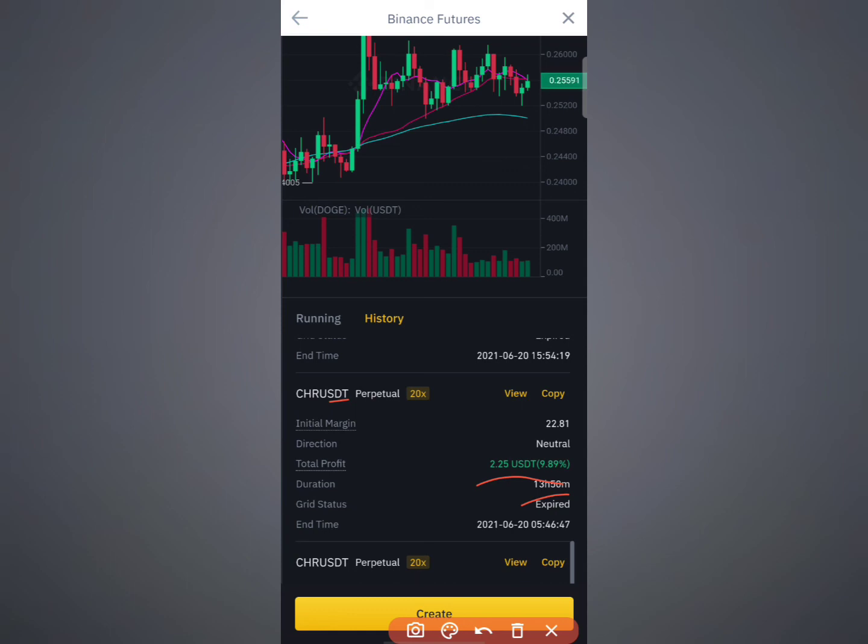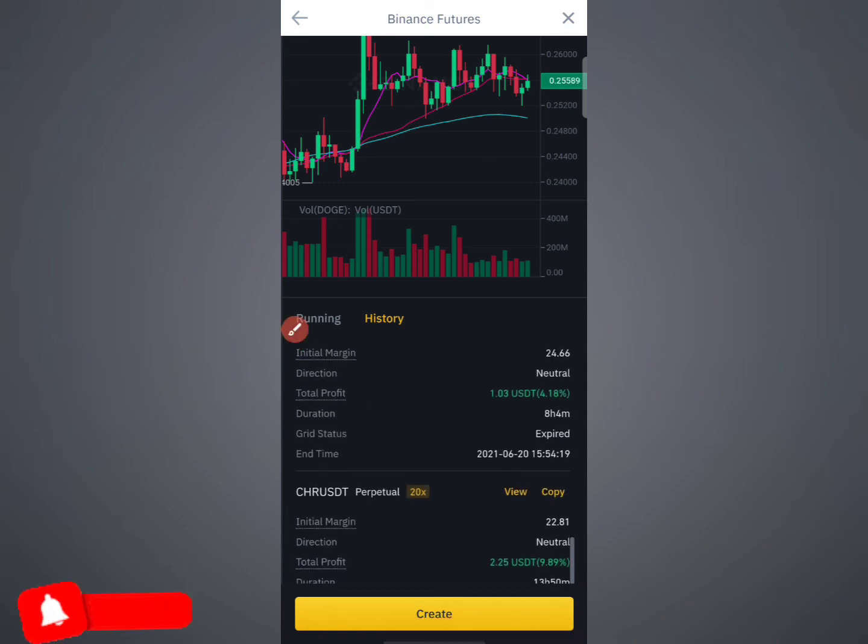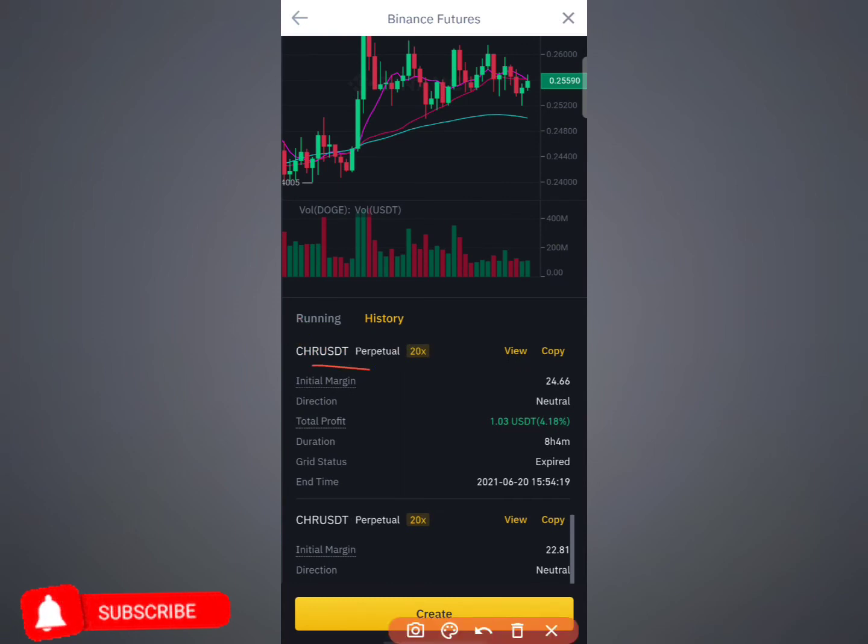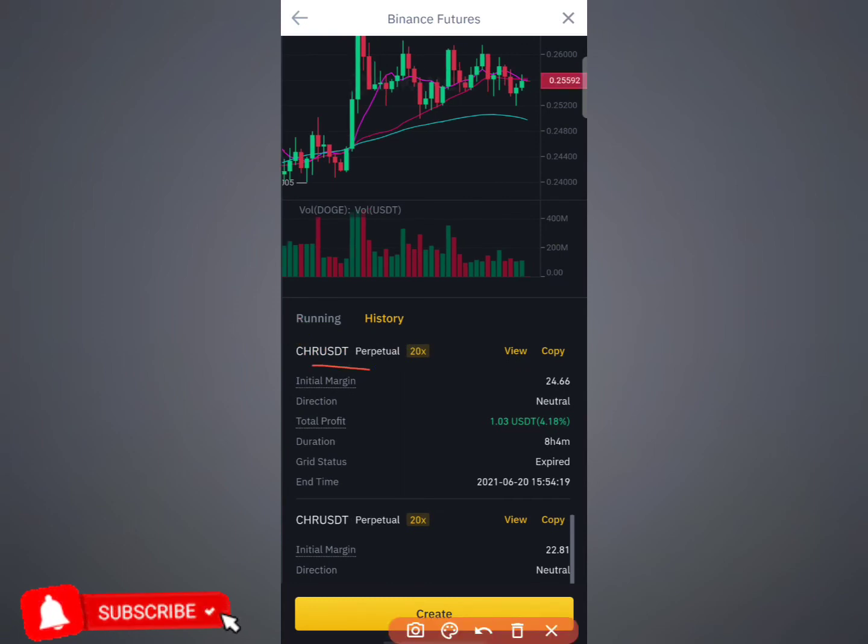If you invest 100 USDT, then automatically your income or profit will also be more. And again, one of my bots, also on CHR USDT, made around 1.03 USDT within 8 hours.